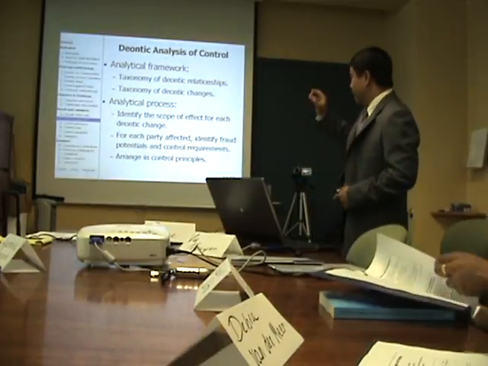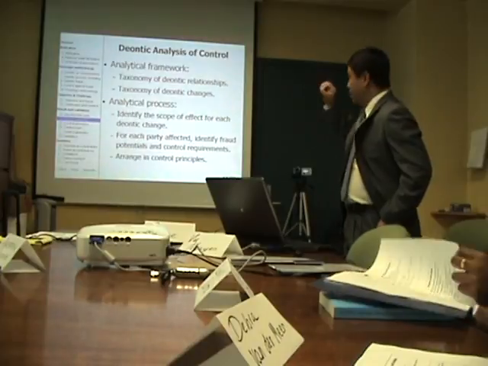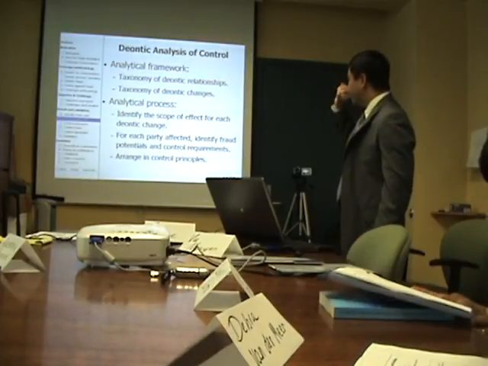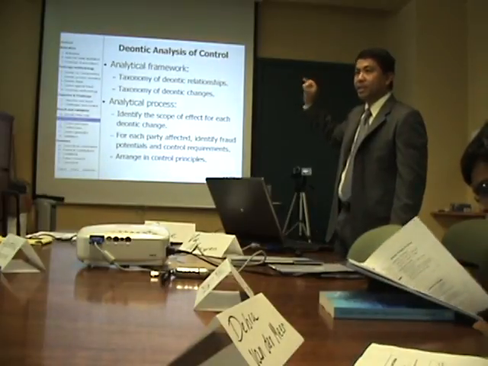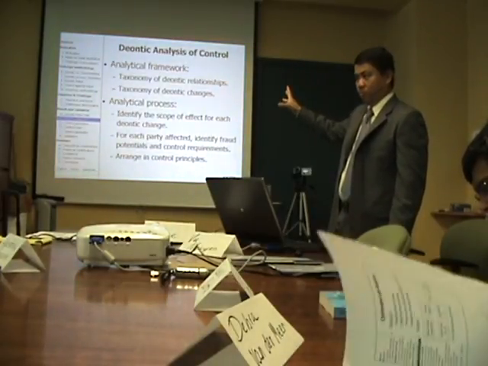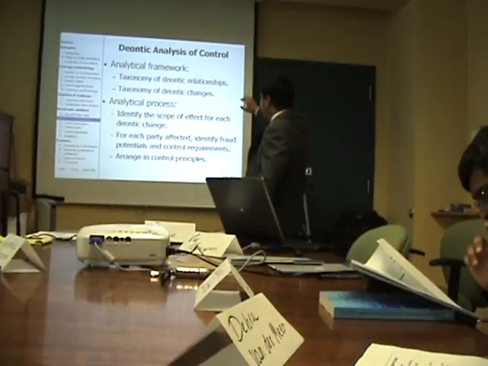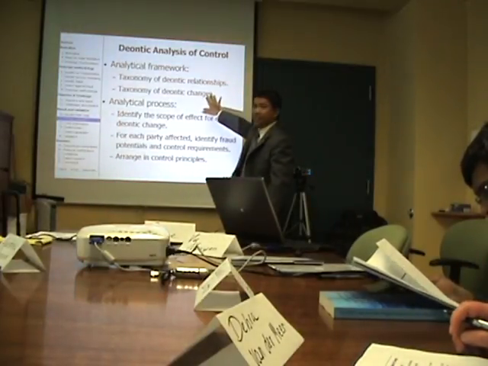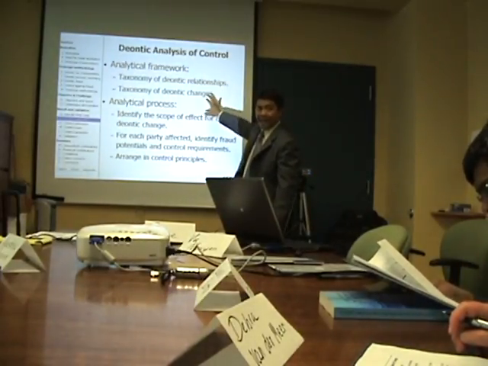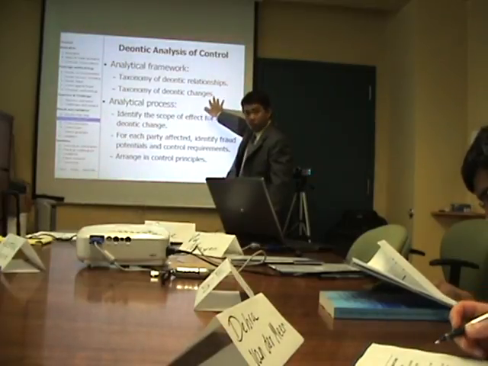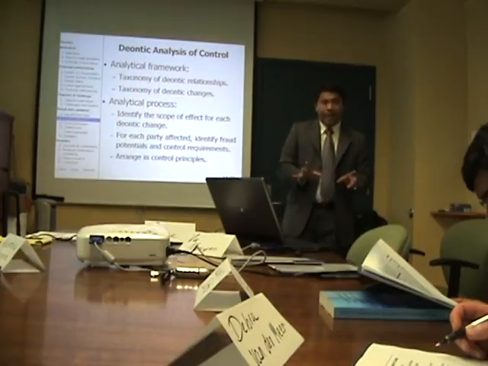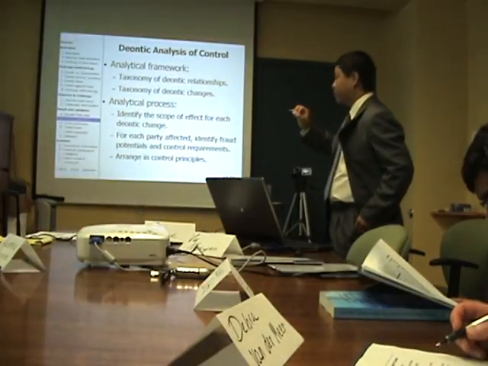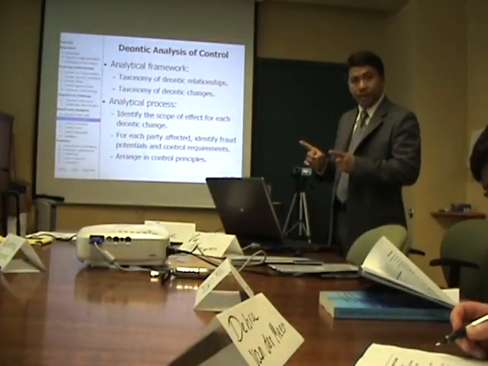This is the first time the research points out that Deontic analysis is the foundation for analyzing interorganizational control. So what I do here is provide an analytical framework for analysis of control based on the Deontic process model. The framework comprises two aspects. The first is about the Deontic relationship among the parties. I provide